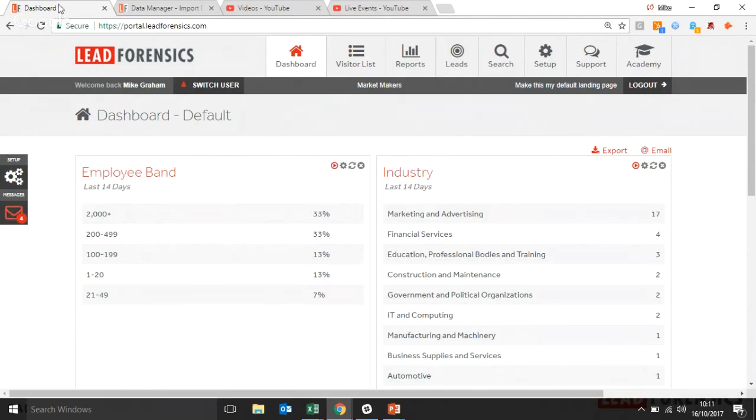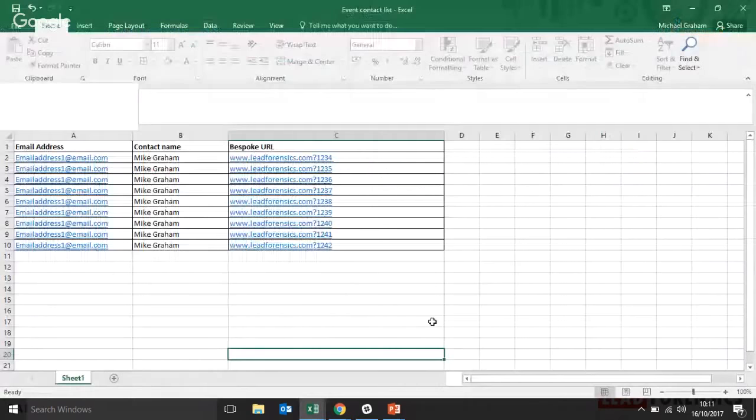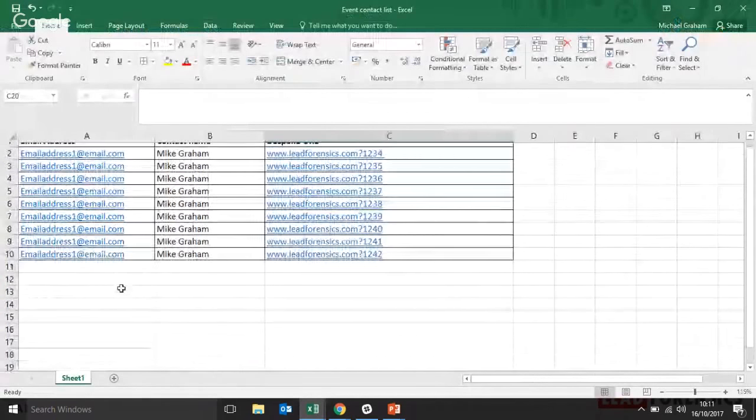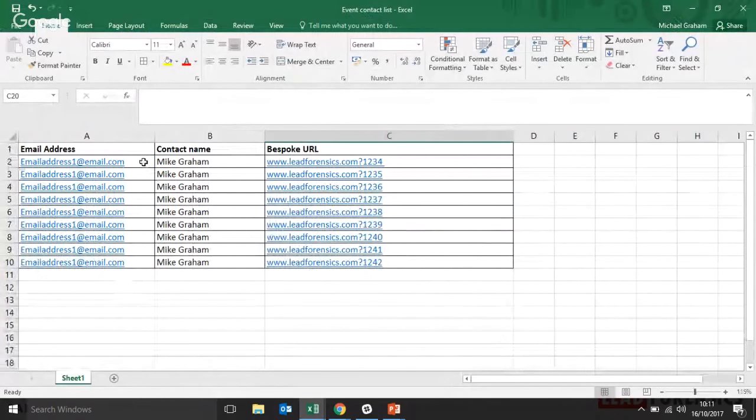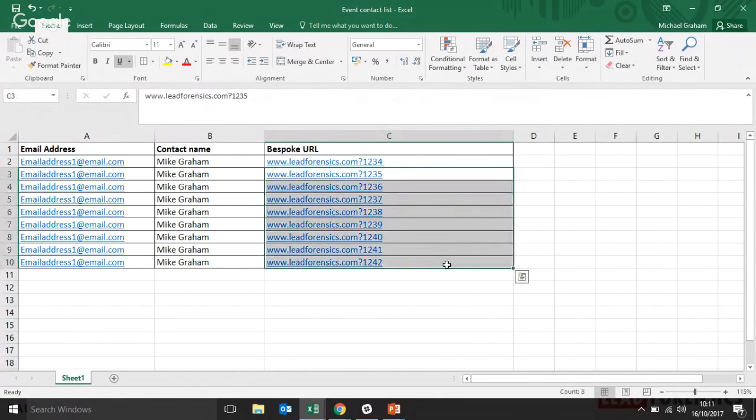Now, in terms of that data that you're collecting, if we take that data and we just put it into a relatively simple Excel sheet, you'll see here I've just created a made-up email address there. I'm the contact over and over at the moment. Obviously, that would be your list of contacts that you've made. And then I've also created a bespoke URL for each contact. Now, what does that mean? It means that this particular number here,